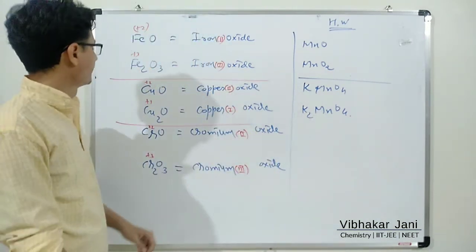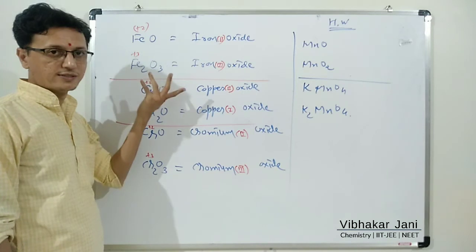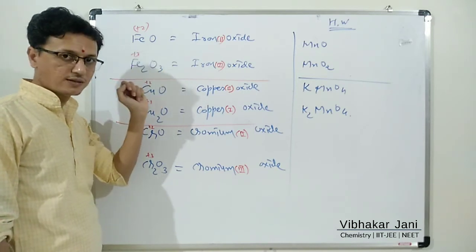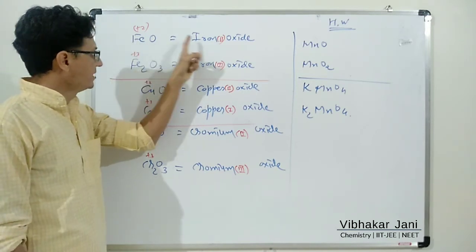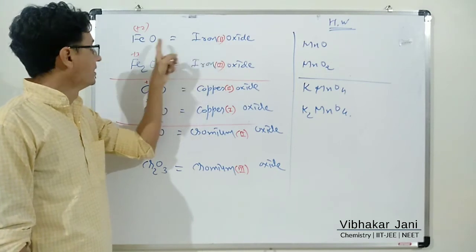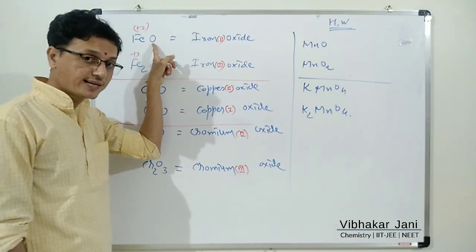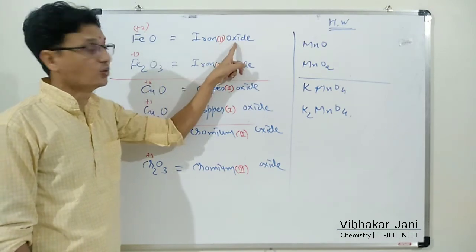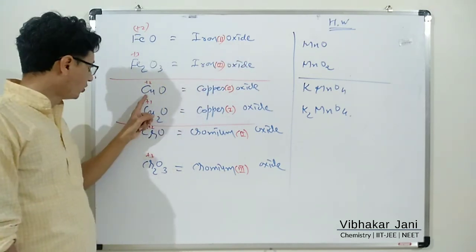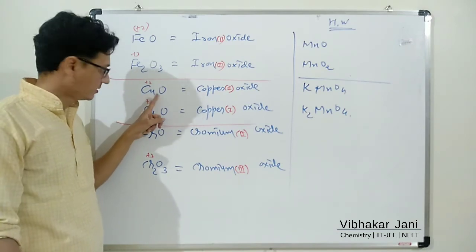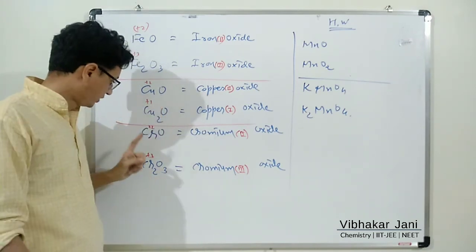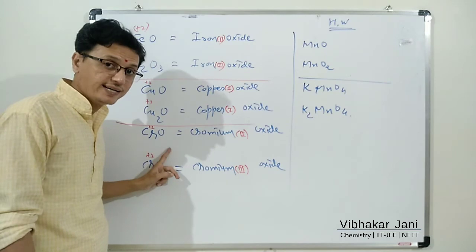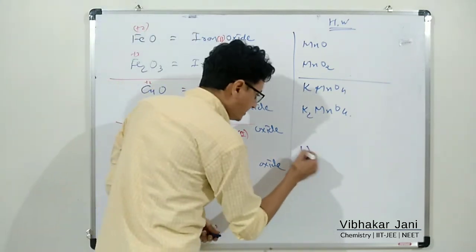Let's check it out. Only two elements, iron and oxygen. Name of first element will be as it is, iron. After writing the name of second element, we have to attach a suffix "ide." So it is oxide. Copper as it is, oxide. Chromium, oxide. If I write NaCl,